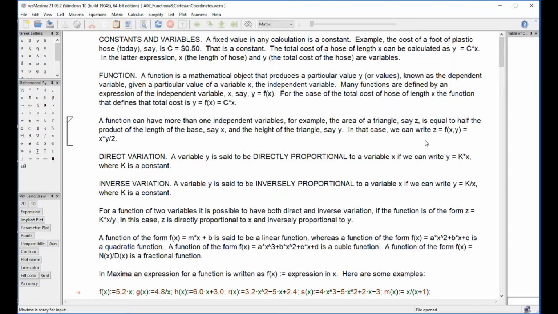As I've done before, you can pause here and read this page with definitions about constants and variables. What is a function? What is direct variation, inverse variation, combination of inverse and direct, linear functions, and we're going to talk about functions after you finish reading this. So pause this video and read these definitions. Once you have read the definitions,